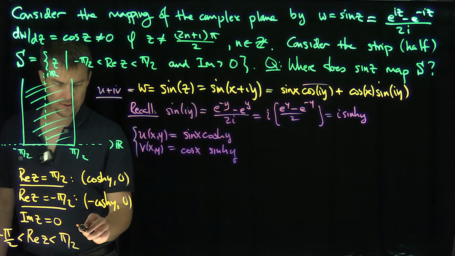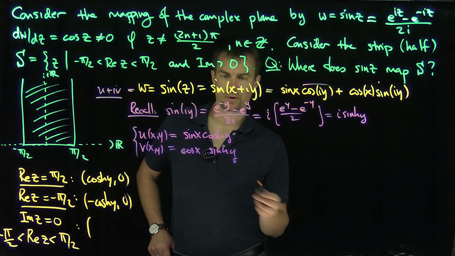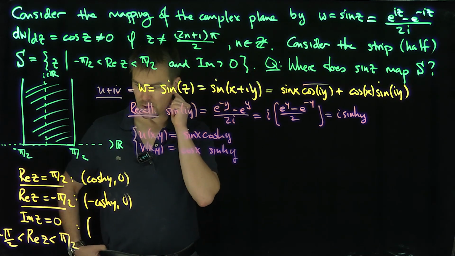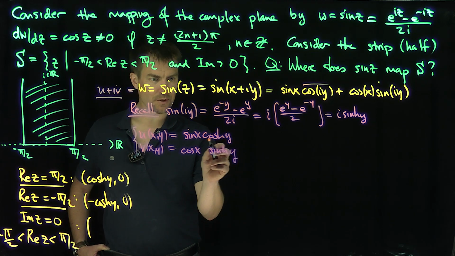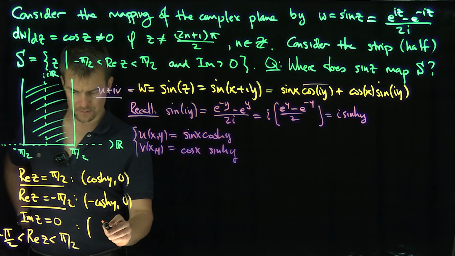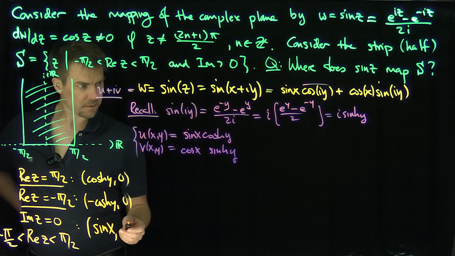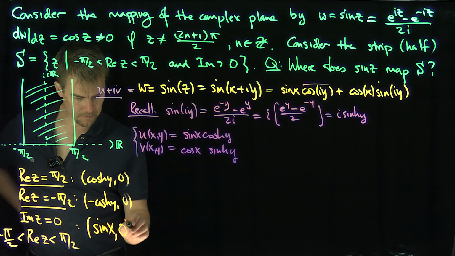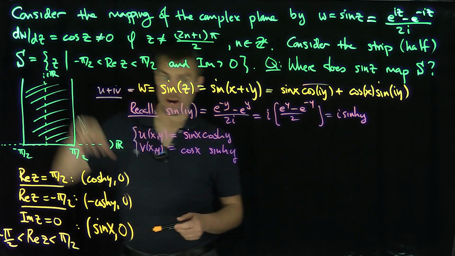That's the bottom face. Well, in this case, what curve are you? The imaginary part of z is equal to 0, right? So over here, that means your y is equal to 0, and you just have what? Your y is equal to 0, cosh of 0 is equal to 1, so you're just going to have sine of x, comma what? Comma, again, sinh of 0 is 0, right? 0. Aha! So in other words, what we're doing over here is we're mapping the boundary of this region